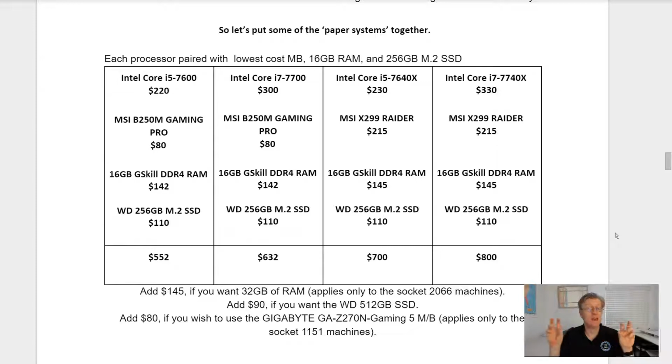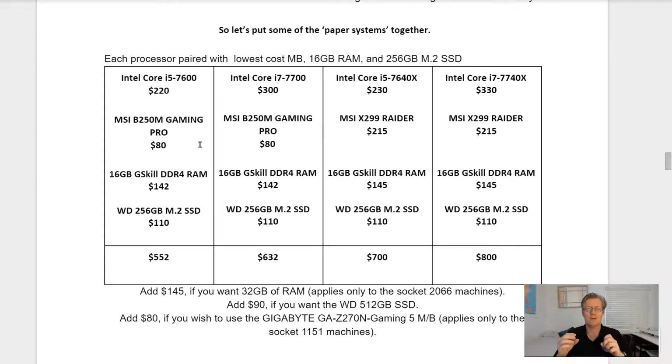So let's put some of these paper systems together. Each processor paired with the lowest cost motherboard, 16 gigs of RAM, and 256 gig M.2 SSD drive. The first system that we get is on the extreme left hand side. You'd go with the Intel Core i5 7600 for $220. It'd be paired with the MSI B250M Gaming Pro motherboard for $80. And they have 16 gigs of G.Skill DDR4 RAM. That would set you back $142. And then you'd have the Western Digital 256 gigabyte M.2 solid state drive for $110. Altogether, that's